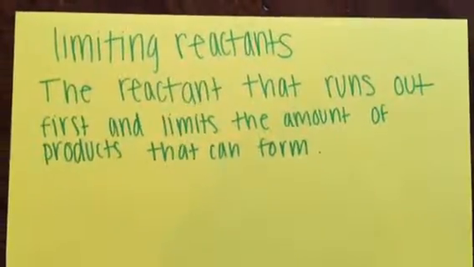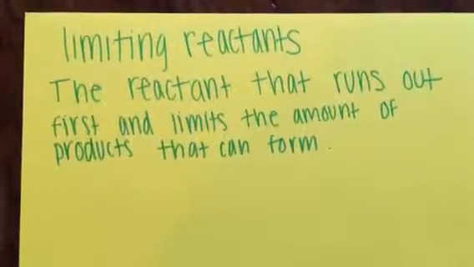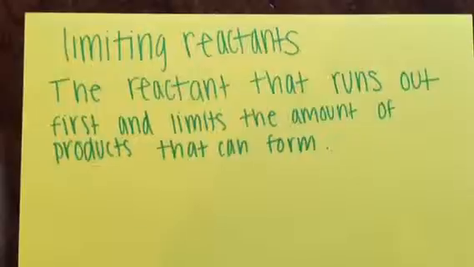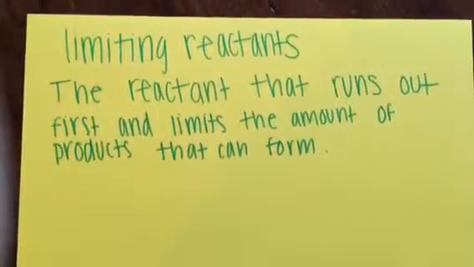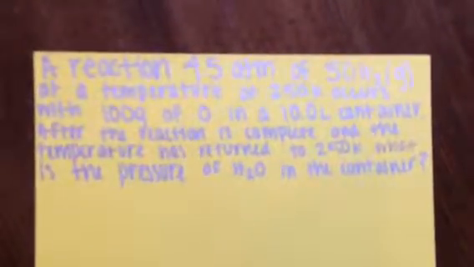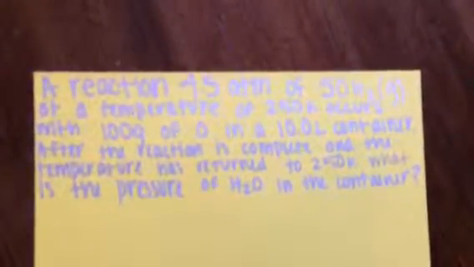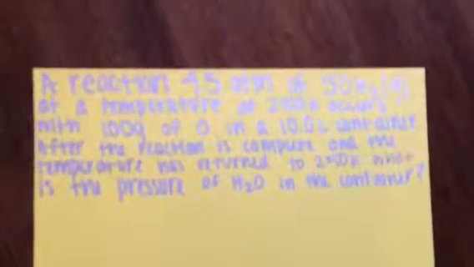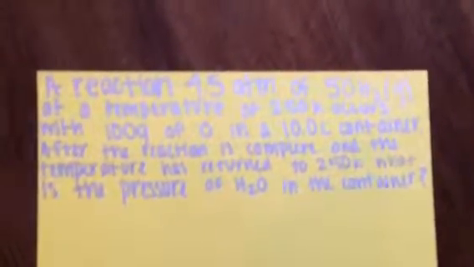I'm going to be talking about limiting reactants, which is the reactant that runs out first and limits the amount of products that can form. The question is, a reaction of 50 grams of H2 at 4.5 atmospheres and a temperature of 250 occurs with 100 grams of oxygen in a 10.0 liter container. After the reaction is complete and the temperature has returned to 250, what is the pressure of H2O in the